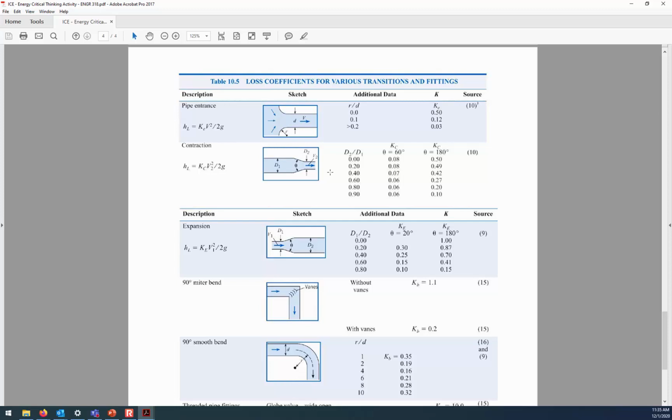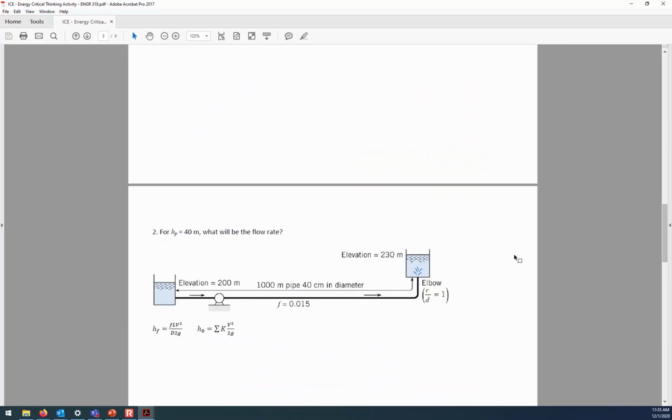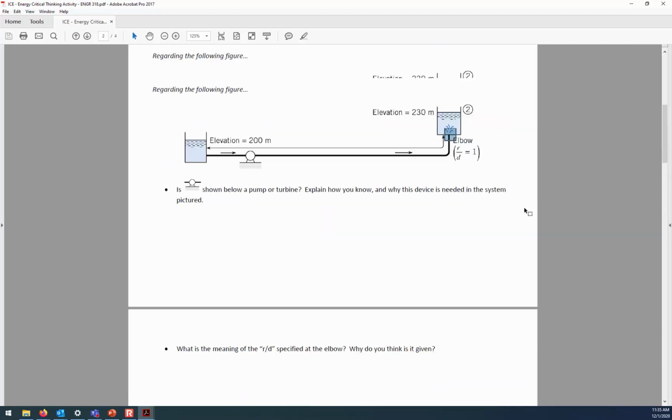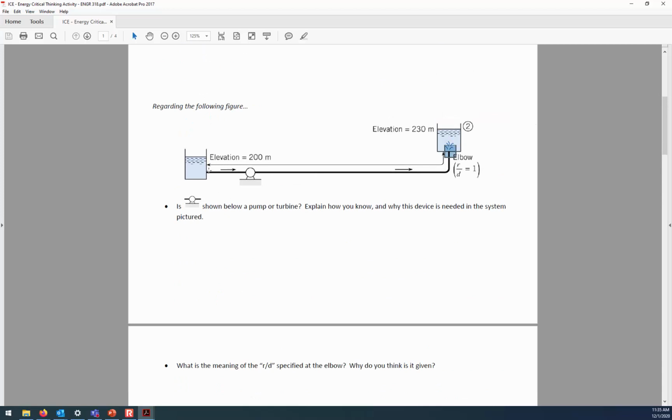So when the water is entering a pipe, we use a K value of 0.5. And so when the water is coming in, there's some losses associated with stationary water beginning to accelerate and enter that pipe. And then at the outlet, it's losing all of the velocity head, and so the K value